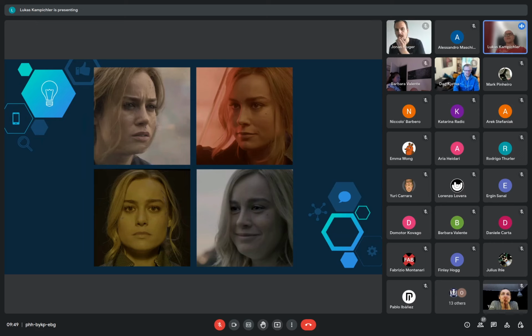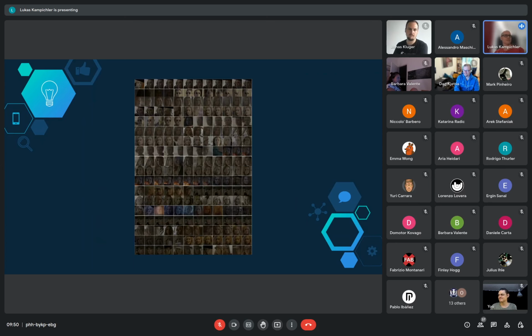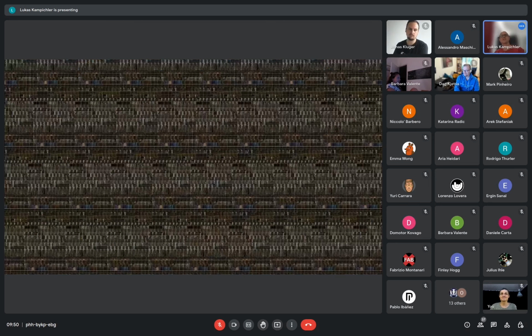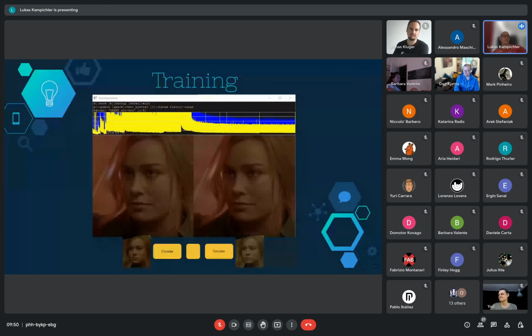When we have the pre-training and we know how a generic face looks, we feed it a lot of different angles and lighting situations and expressions of the faces that we want to use. And obviously 4 images won't be enough for that, so you would rather need hundreds or even thousands of images. If all of those images are prepared, meaning the faces are extracted, aligned and everything, and we have the generic face trained, we can start with the training of our specific model.